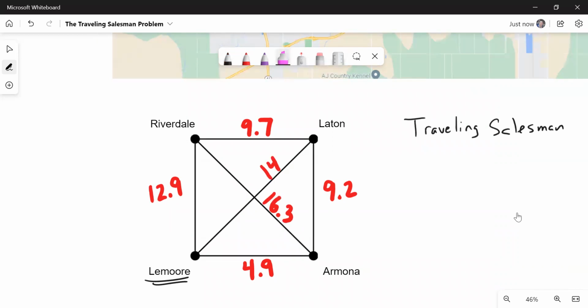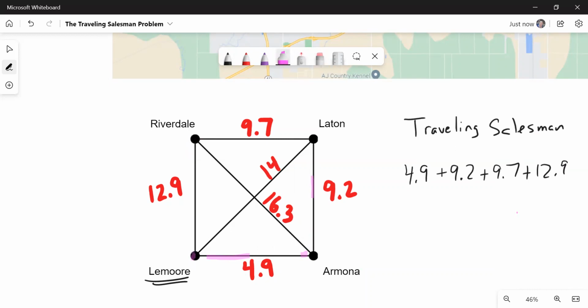So one way to attack it is to think, well, I could go around the outside. Maybe that's the fastest. And that would be a total distance of 4.9 plus 9.2 plus 9.7 plus 12.9. That's a way to do it. That doesn't mean that that's the answer, though. It is possible that I could go through the middle and maybe find a shorter one, and maybe not. So maybe I could do something like